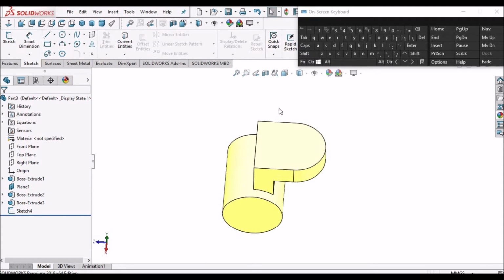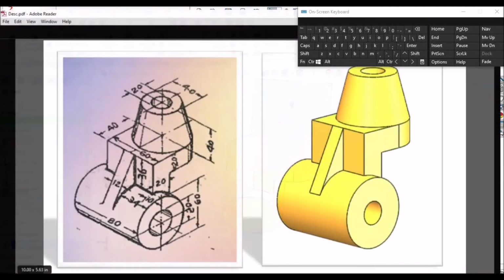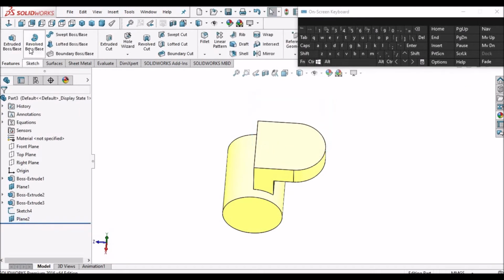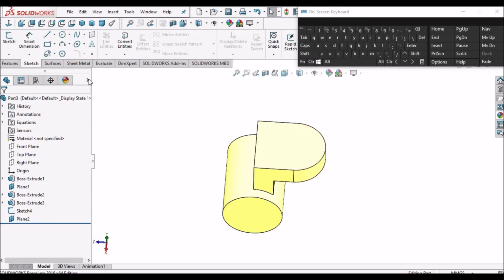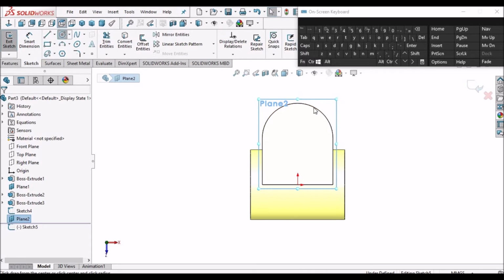So next, once again select this face and go to plane. See, as I mentioned, this is 40. So this should be 40. Say okay. Now select this plane, go to sketch, keep it normal and draw one more circle.